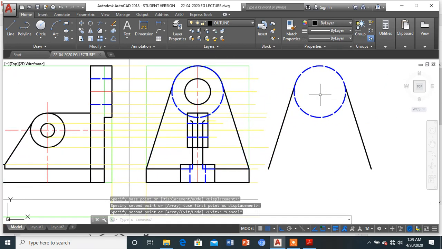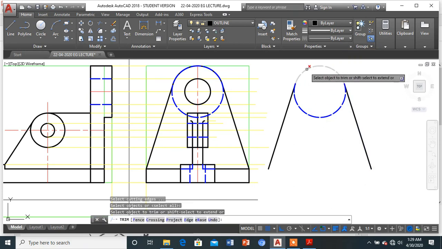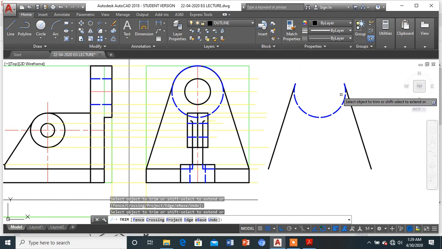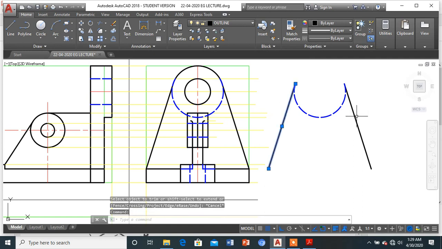Okay, so for that particular sake, what do I need to do? I will simply trim out, erase out this particular part which is not required, which won't be there. So as I've done, as you can see, only the part which is there at the bottom will be there. That's it. This part as of now is not required, so I can simply trim it.